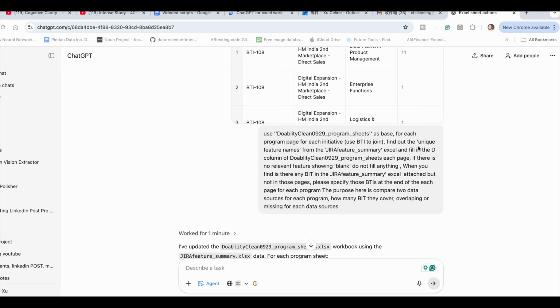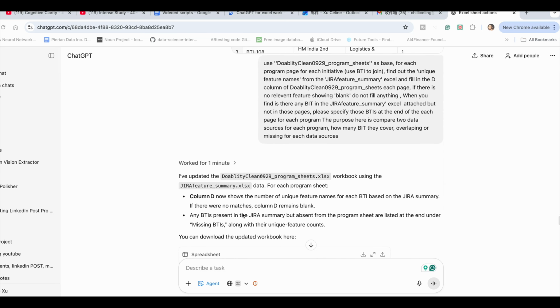So here is how I say it: use this as a page for each program and each initiative. Find out the unique feature name from the summary. It's quite clear and specific. And if there is no relevant plan, when you find its BTI in the Jira summary, attach it to those pages. And the purpose here, I gave it to compare two data sources for each program and how many BTIs they covered, overlapping, missing, and after working for 1 minute,